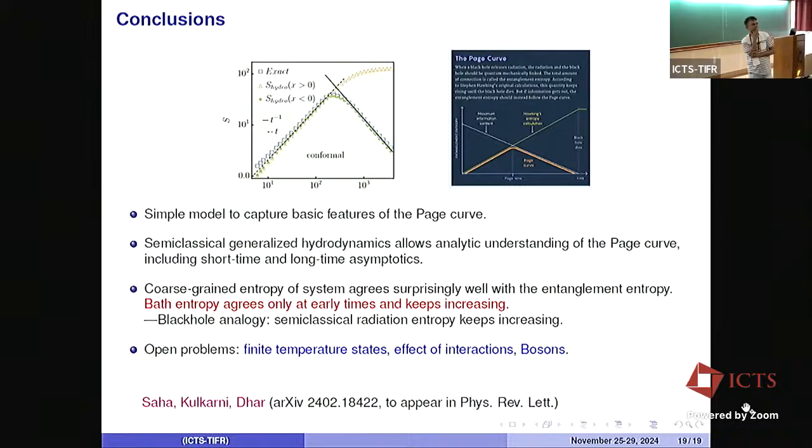Yeah. So another question: you make that statement about coarse graining, that generally a Wigner function can be negative, but after coarse graining it becomes positive. Right, so coarse graining means coarse graining in phase space. In phase space, yeah, phase space volume. Right, yeah. So can we put some limit, that this is the minimum amount of coarse graining I have to do so that negativity will vanish? It has to be of order h bar. Will it be of the order of h bar? That is my question.